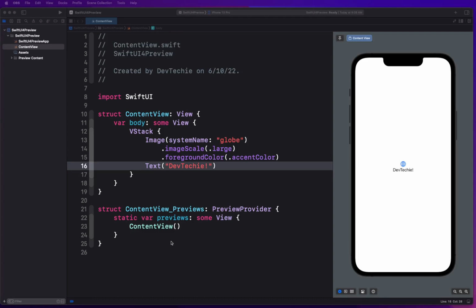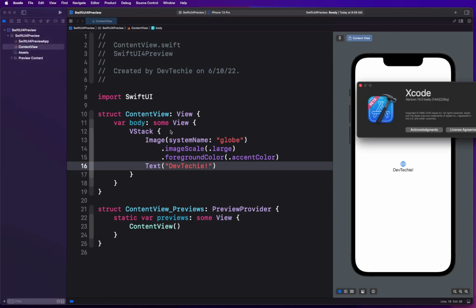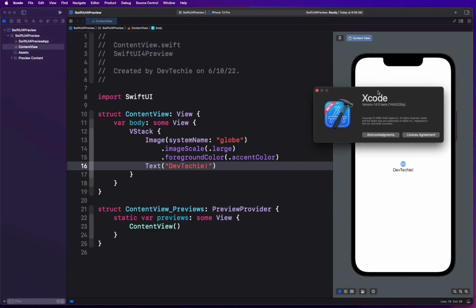we're going to be looking at bar charts. Before I start showing you what Apple has got for us, I want to make sure that we are using the right version of Xcode. Currently I'm on Xcode beta 14.0, which is the very first beta that Apple came out with during WWDC 2022. So I'm using this one, and if you're using